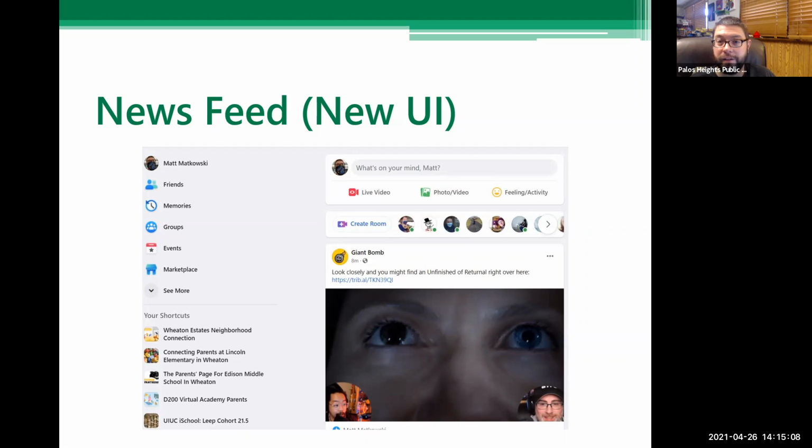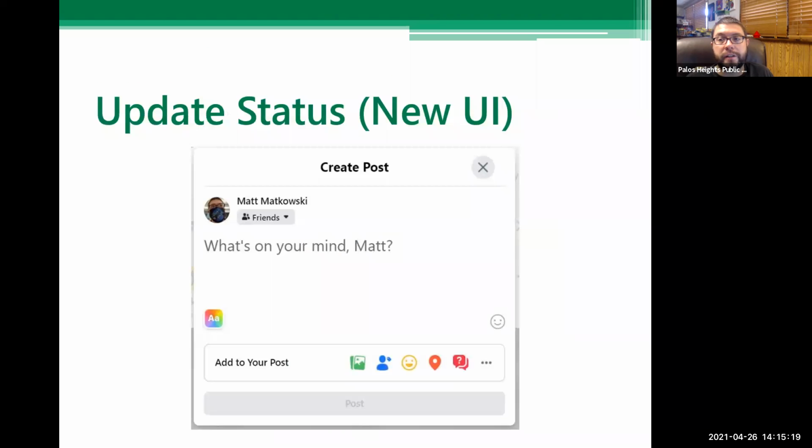If you want, you can start a live streaming video by clicking live video. You can jump right to posting a photo or video with the other little buttons on there. But if you just click in the dialog box, it pops up an expanded form like this. And where it says "What's on your mind," that's where you type in whatever you want to say to folks.